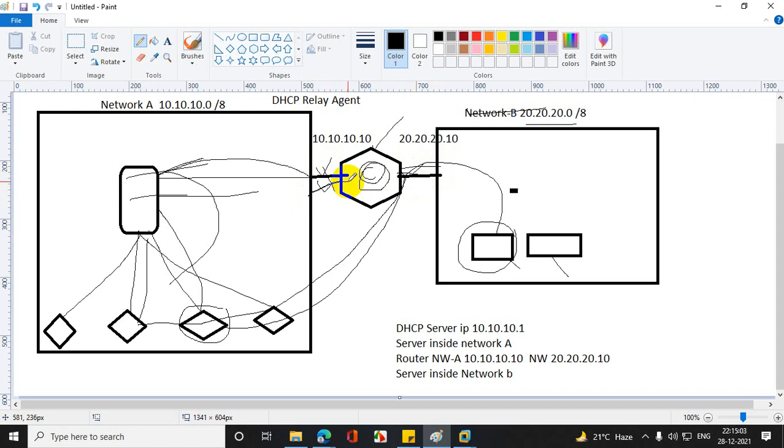Clear? If this is a WAN router in the middle, and you are getting this through an internet connection, that's what I'm telling you, instead of physical connectivity. Understood? Yes, sir. Any question?